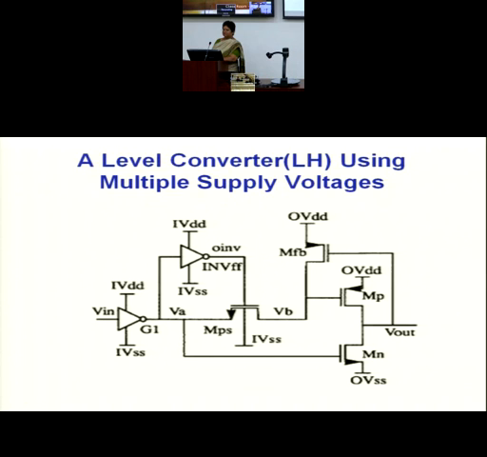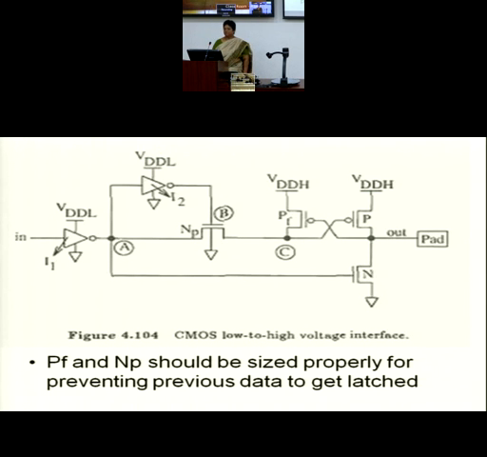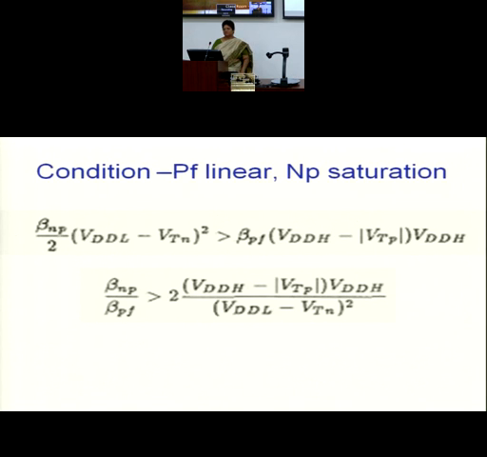Again here we are using two different supply voltages. Okay, so this is again a low to high converter, which is consuming this power but having a more complex circuit. So these are a few designs that I have taken from the papers. This is a condition which you should have in order to design the feedback as well as NMOS transistors properly, so as to have no wrong functionality coming up.